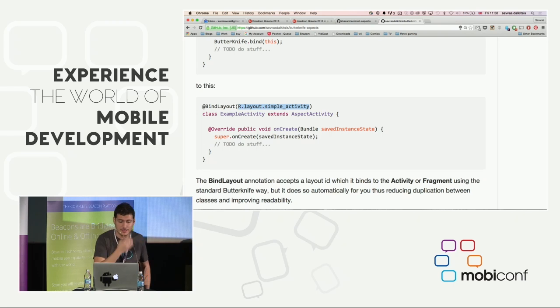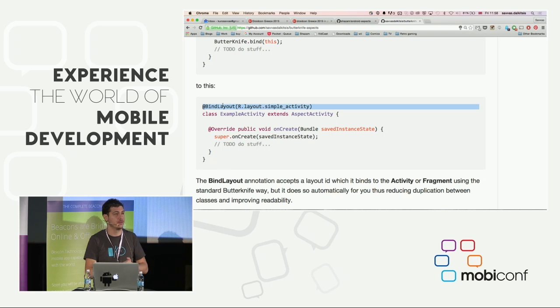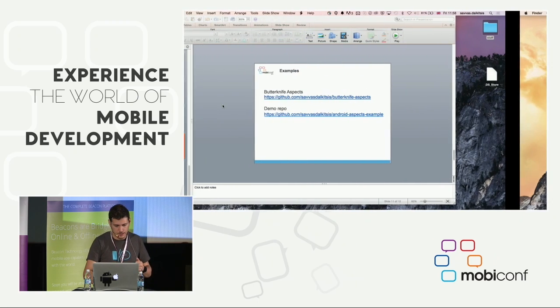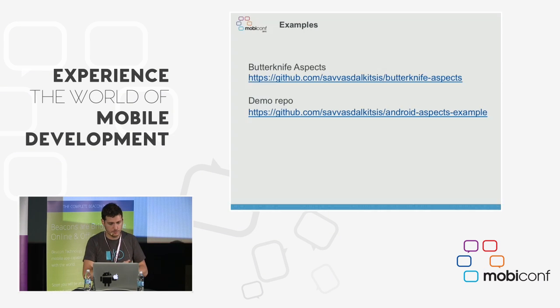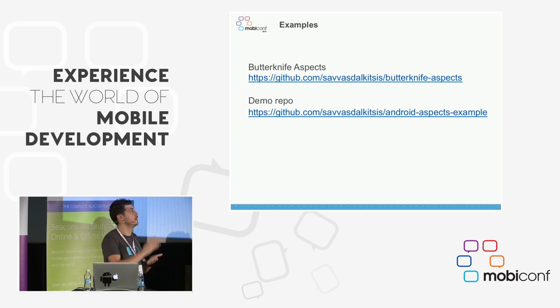And the good thing about this is that this is an annotation that has two traits attached to it, one for activities and one for fragments, so the way it works is different between them. So you can reuse that annotation both in a fragment and in an activity, and you will get the right implementation automatically. As long as the behavior is the same, you can do this. So that's one thing. The repo of the example I've shown you is online at that URL.